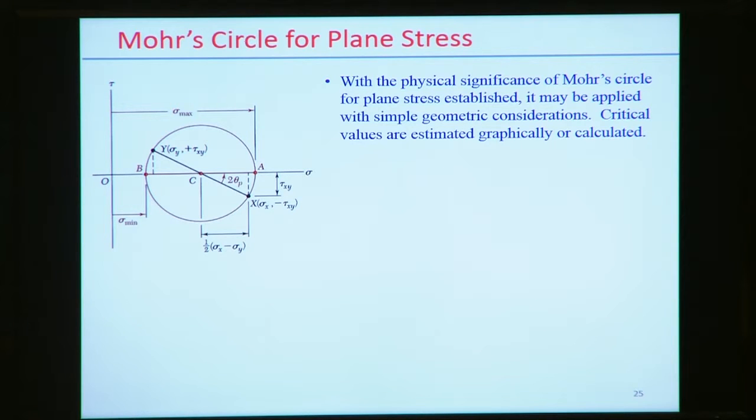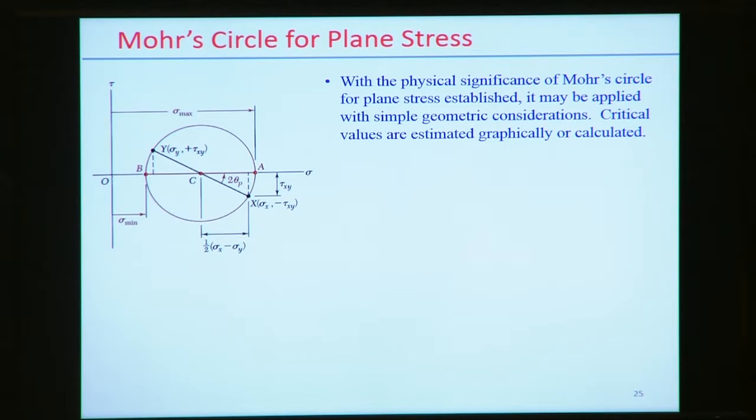Now we need to find the center point first, and from the center point we can draw the radius r. So over the radius we can draw one circle. On that circle, with reference to the origin O, the point OA represents the maximum value of the normal stress, and OB represents the minimum value of the normal stress. Along this diameter direction the maximum shear stress acts, which is equal to the radius in this case.